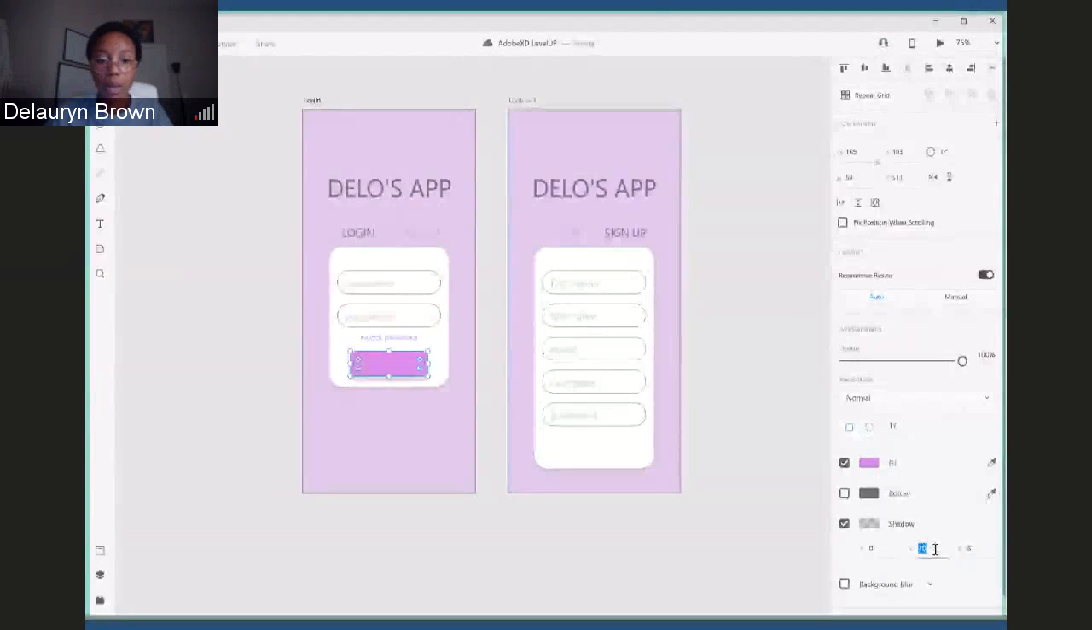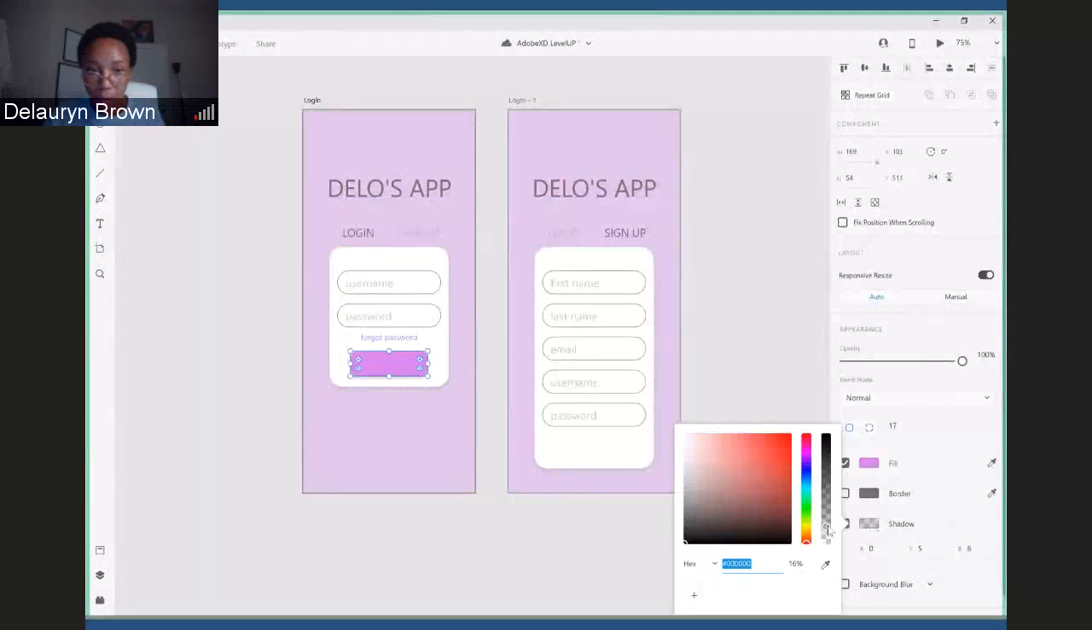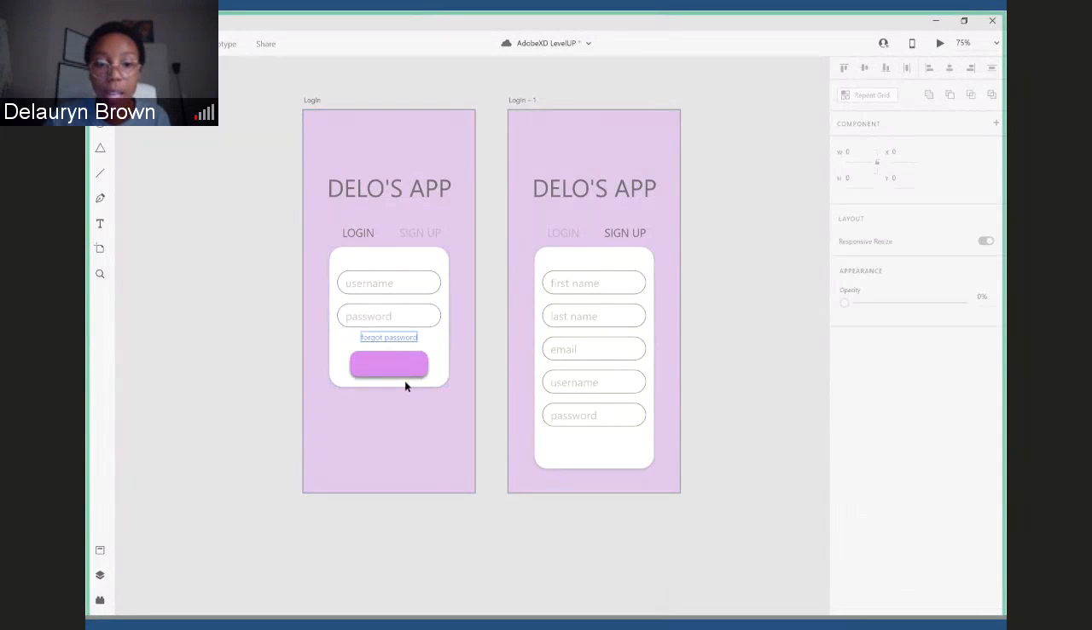Nope, doesn't work as well that way. Let's do 5. Let's make the shadow a little bit darker. Yeah, there we go. I like that. 50% about, yeah, there we go, 50%. Okay, so now we have something that looks like a button, like something that looks like it should be interacted